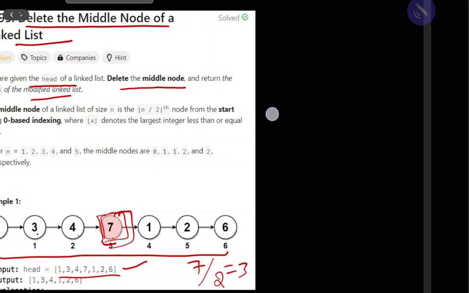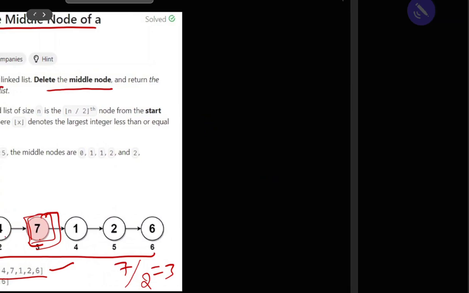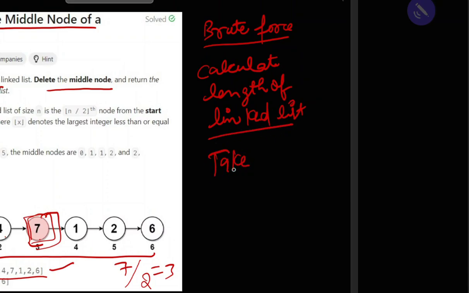Okay, so there are two ways to solve this problem. First is the brute force approach, and second one will be the optimized one. What will the brute force say? Calculate the length of the linked list, and after calculating the length, take the mid value, in which we use L by 2, and after taking the mid value, iterate a while